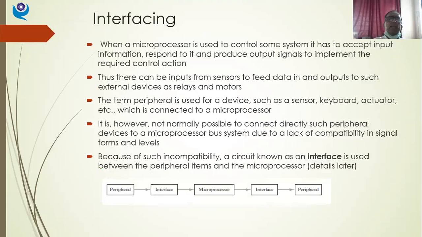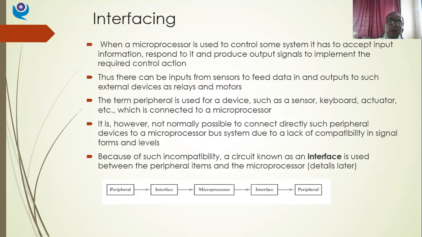Now, this interfacing is also one of the important conditioning steps that we need to do in the case of mechatronic systems. We'll be discussing this in detail when we study microprocessors and microcontrollers in the later part of your curriculum, maybe the 5th unit probably. This is unit 2 we are studying. Because it is mentioned in the syllabus, I am discussing it now. Briefly, I'll be discussing interfacing here. And thereafter, when we study our microprocessor and microcontroller, we'll be discussing interfacing in greater detail.